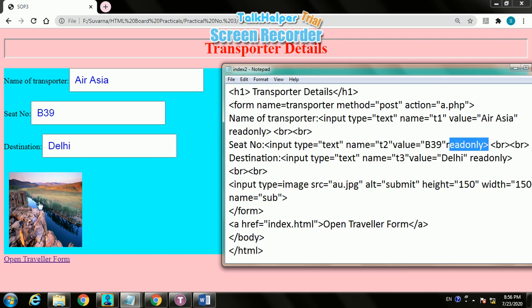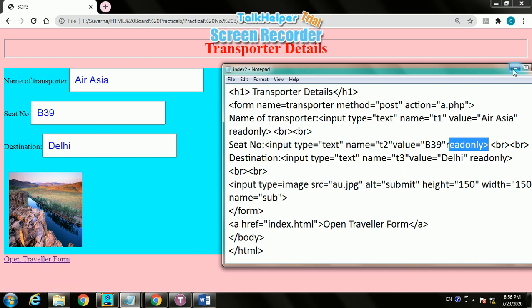Then provided the submit button in the format of an image with height and width. Ended the form and provided the hyperlink for the first web page named index.html, and data is open traveler form, which will be displayed here. Then click here, you can get the first page.